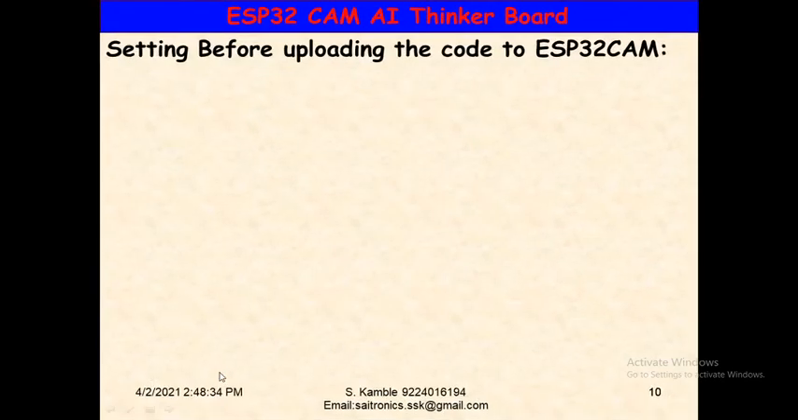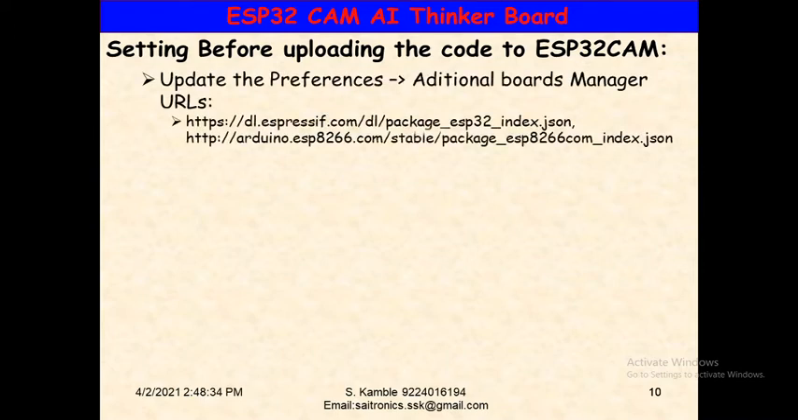Then the settings before uploading the code to ESP32 CAM. Arduino IDE is dedicated only to Arduino, but if you want to use it for Node MCU or ESP32 CAM, you have to add board manager files into it. So for ESP32 CAM, you have to add these files in preferences. Then